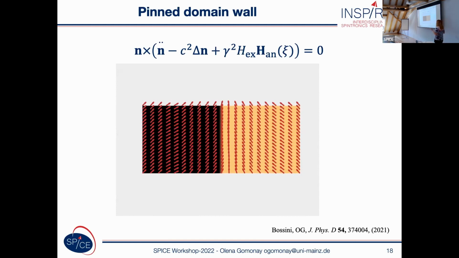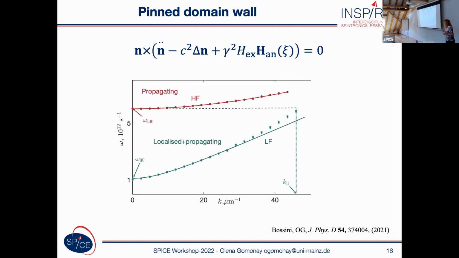So what can we learn from this kind of dynamics? We calculated the magnon spectra for the multi-domain sample of nickel oxide, and we found out that the spectrum looks very similar to the bulk single domain sample. However, the structure of the modes is very different, and each magnon mode of this low frequency branch is hybridized, and it consists of propagating and localized modes.